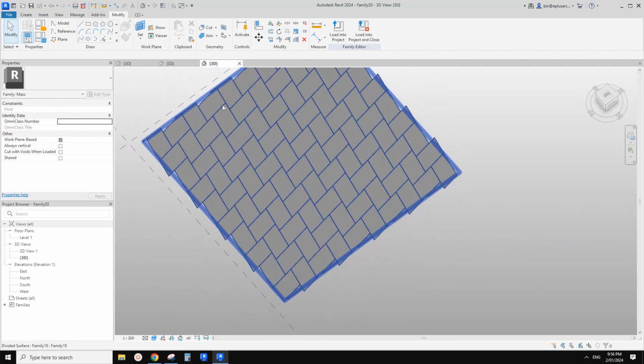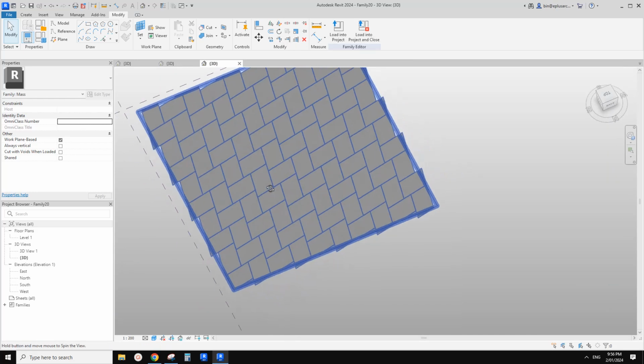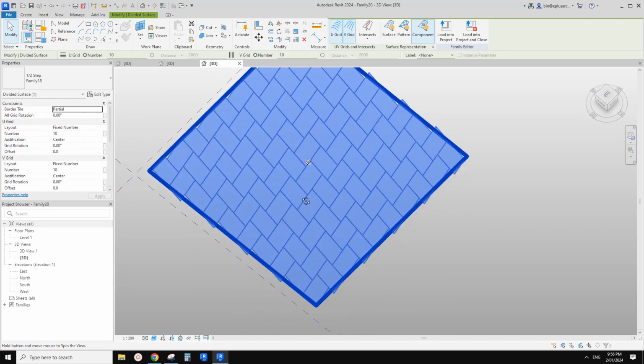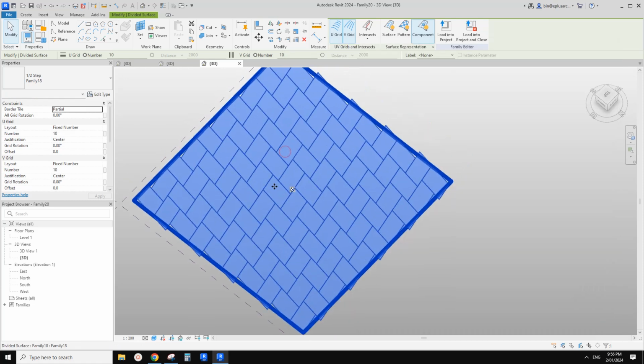still, let's have a look. So currently in this one, it's not exactly the same, because if you look at this one in the grids, currently the grids is not square, it's a diamond shape, right? So it's the angle here, it's roughly like a 60 degree or 70 degree, it's not 90 degree. So, but for this one, the grid is currently 90 degrees, so it looks like it's not 90, but